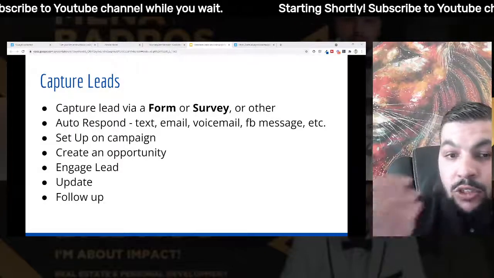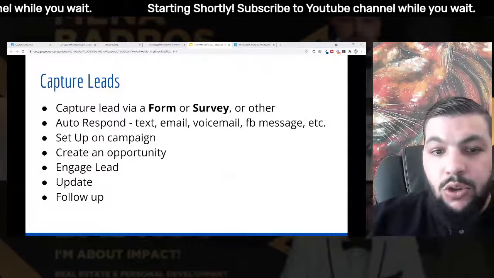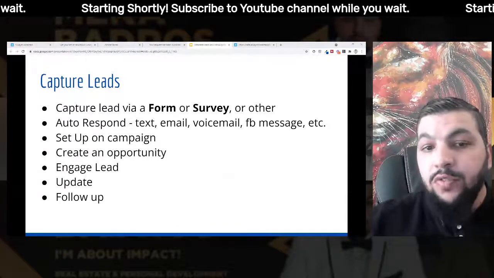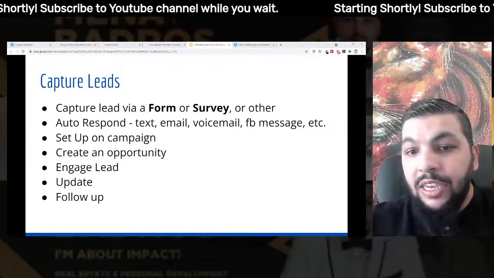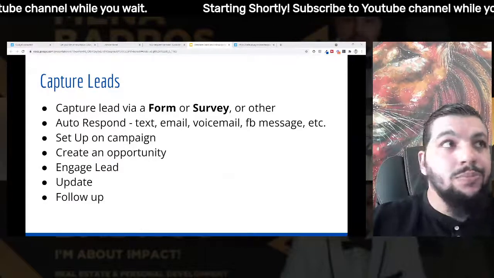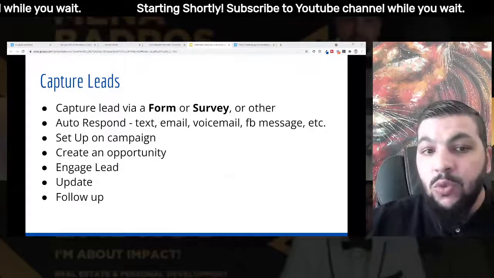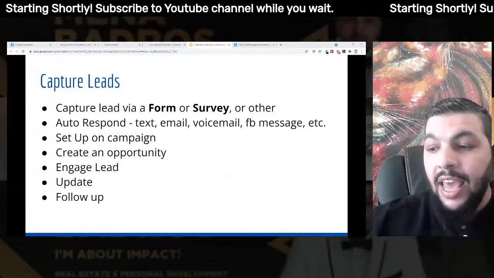And then when you engage them, you want to update the notes, as we showed you, and you want to continue to follow up. Maybe after the conversation, you put them on a different campaign than what the system already had them on, or let's say you figure out that something is more relevant to them, you also send them that campaign or that content.